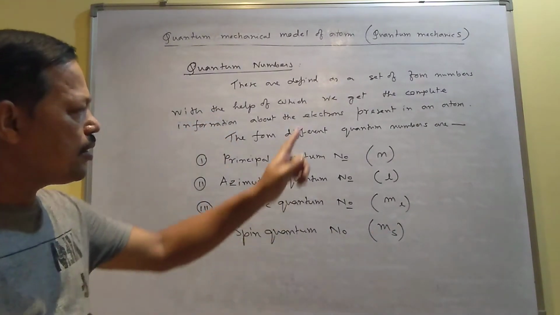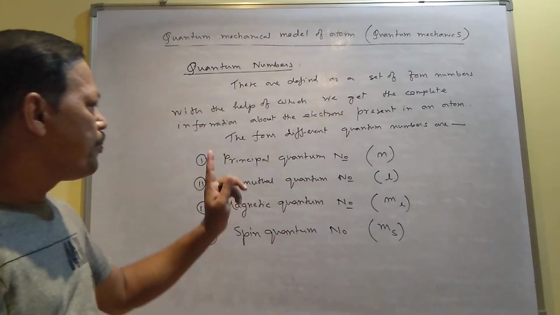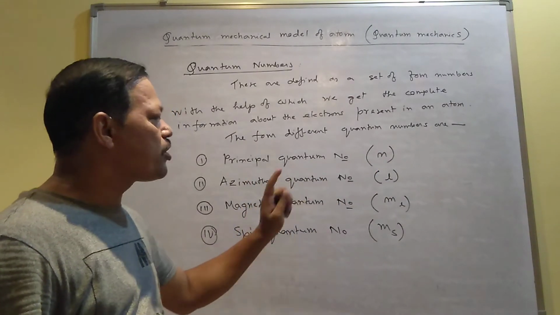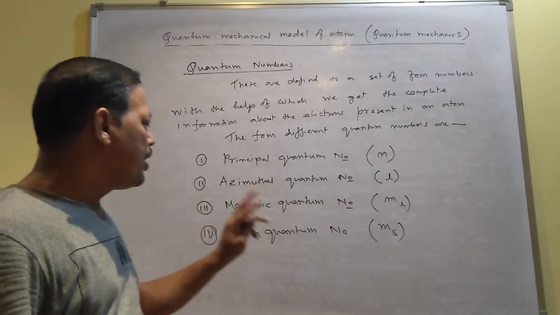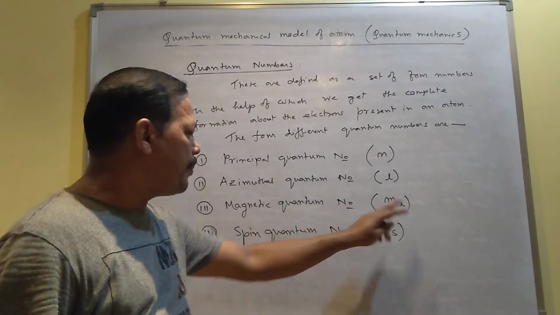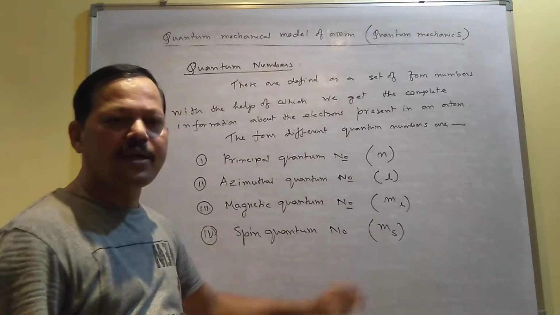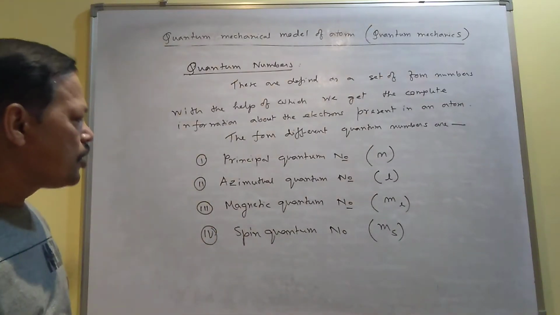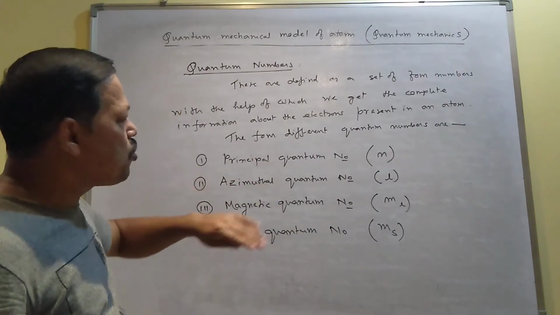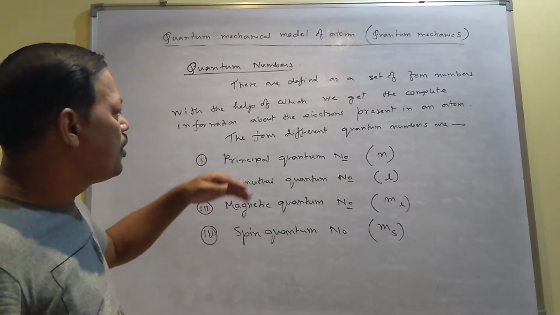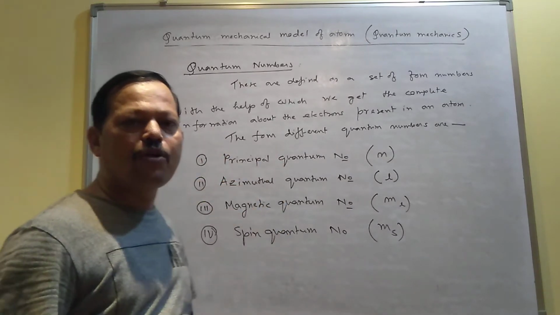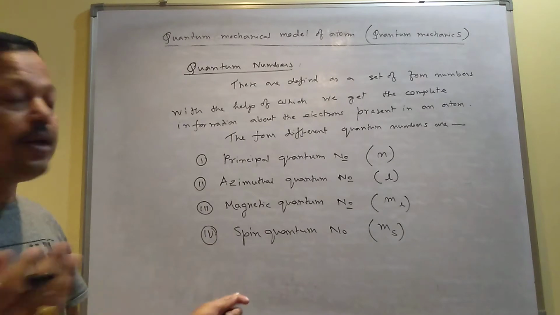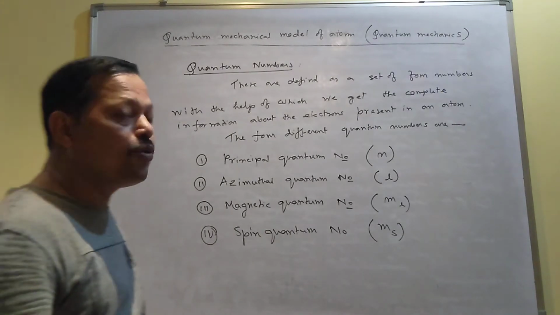So normally we use the symbol only, that's why you should know the symbol. Principal quantum number is represented by symbol small n. Azimuthal, also called angular momentum quantum number, is represented by l. Magnetic quantum number is represented by the symbol ml, and spin quantum number by ms. Every quantum number gives some information about the electrons present in an atom. So I'll explain one by one. First I'll explain the principal quantum number, what is represented by this one. Then the azimuthal or angular momentum quantum number. One by one we will do, then you will get the information about the electrons.